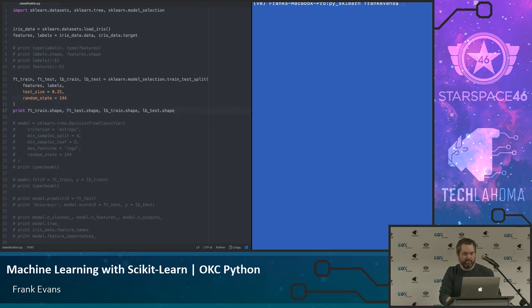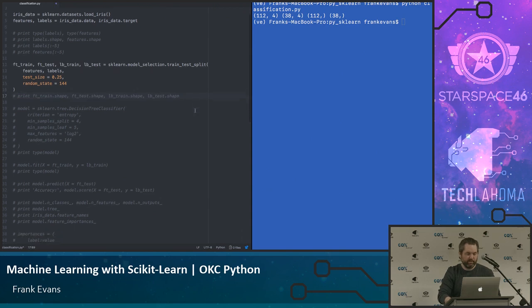Okay, then let's look at the shape of that stuff. So now I've got 2 sets. I've got 112 records, still 4 wide. I've got 38 records, still 4 wide, and then I've got the vectors of 112 and 38. Same size. Now I've got a set I can go learn stuff from on the 112, and then I'm going to essentially make myself do a quiz on the 38. 38, you're not allowed to have the answers, not allowed to learn from them. We'll see how good you did. Okay. So we want to keep that, and we're not going to look at that anymore.